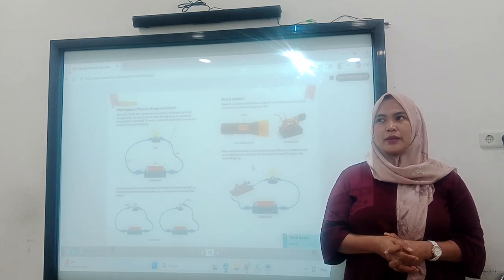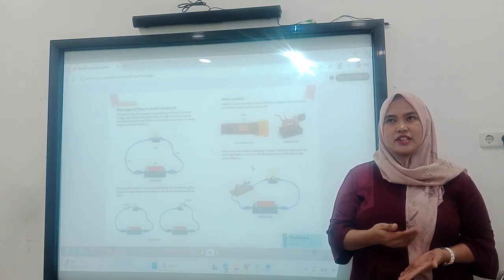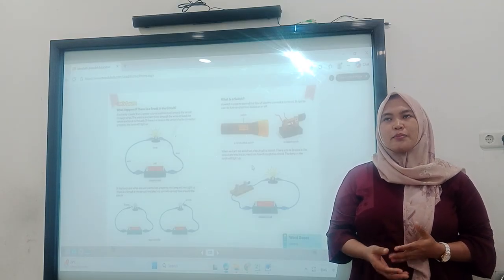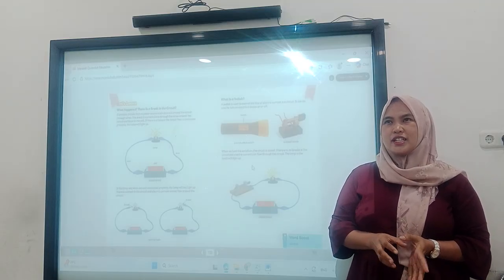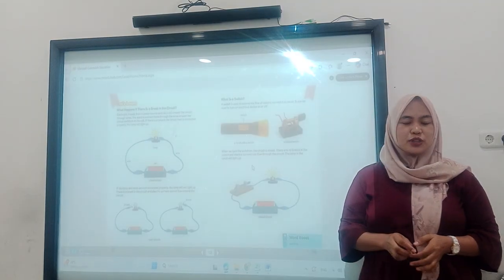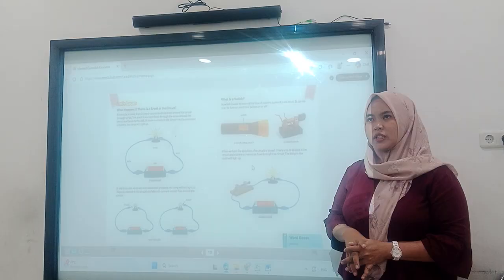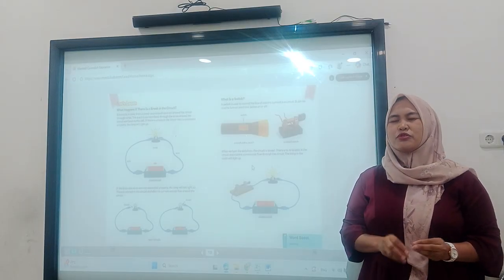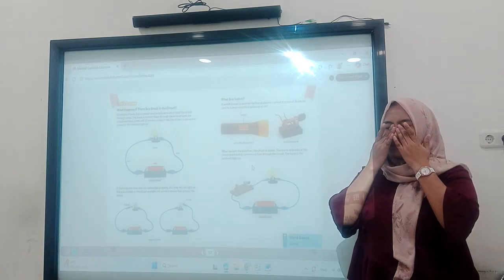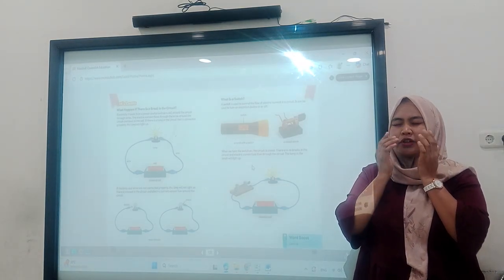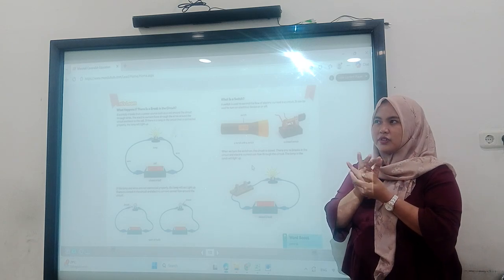A solar powered lamp is a light that stores energy during the day by using a solar panel. And then it will work at night because it already stored the energy during the day. How about flow? Flow is the movement of electricity through the circuit. So flow is the way the electricity moves from the wire to the power devices.